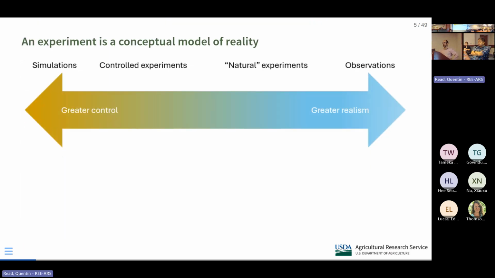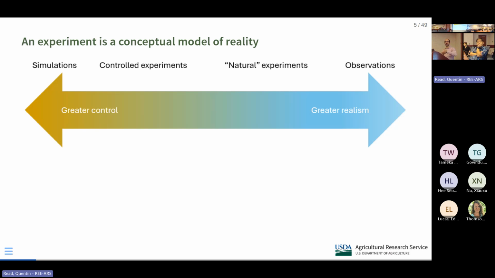And as I already mentioned, an experiment is just one of many models we can make of reality. And so I also mentioned there are trade-offs when it comes to scientific studies. Well, the key trade-off when it comes to experiments is control versus realism. So if you go out there and observe and take measurements on people or animals or plants out there in the world, out there in nature, that's very realistic.